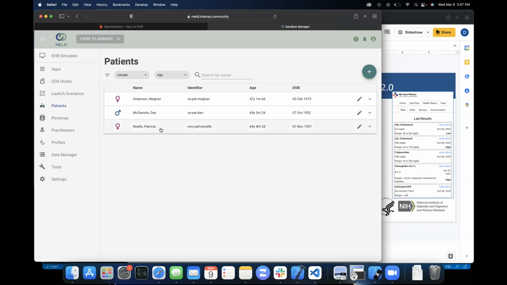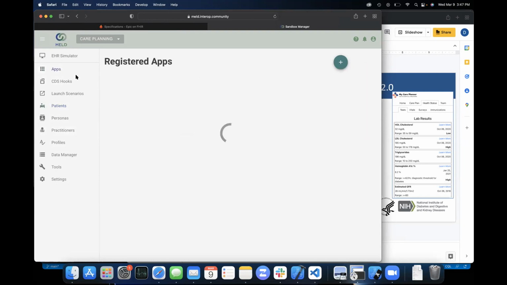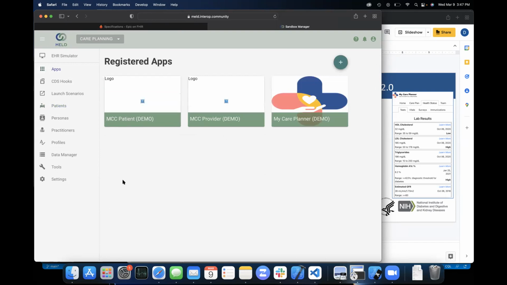One is our Patricia Noel I've been talking about. Also some of my prior work with VA. There are veterans that have some additional complex conditions. So I had some sample data to give us some additional examples and personas. We've got these 3 patients in the sandbox right now, and we'll make this more generally available during the Connectathon, and have already invited a lot of others to have access to the sandbox.